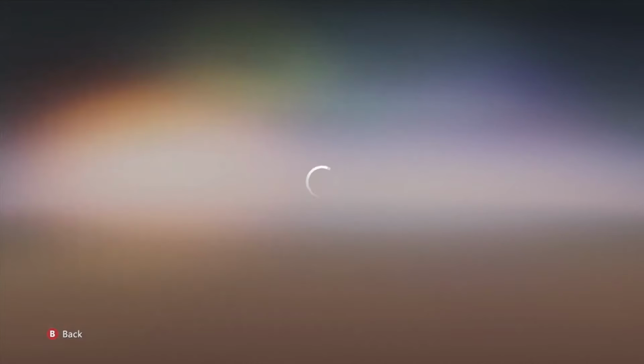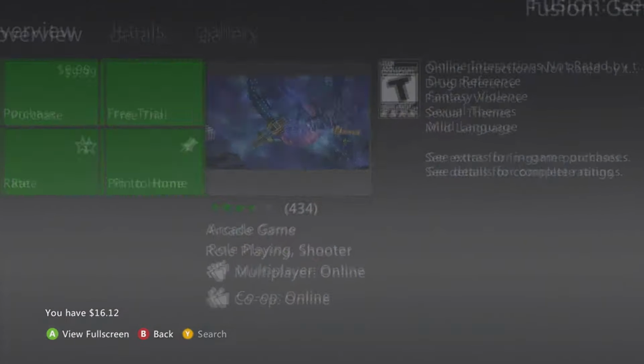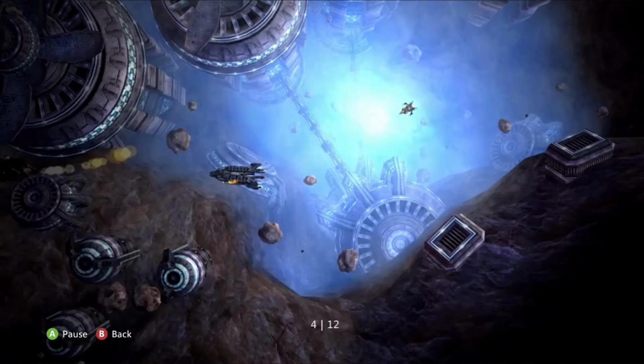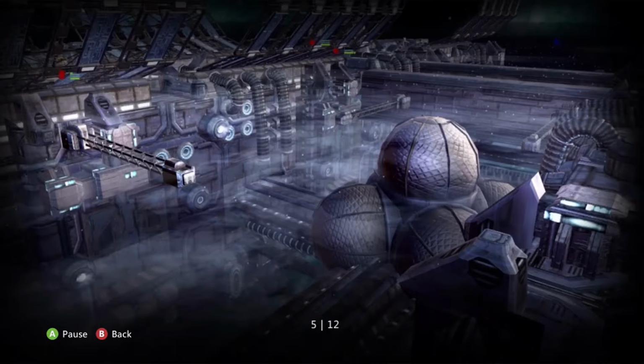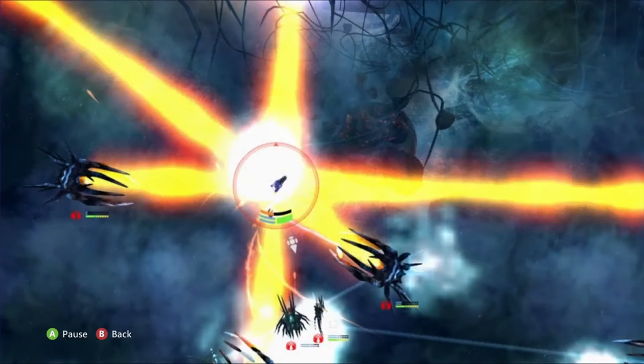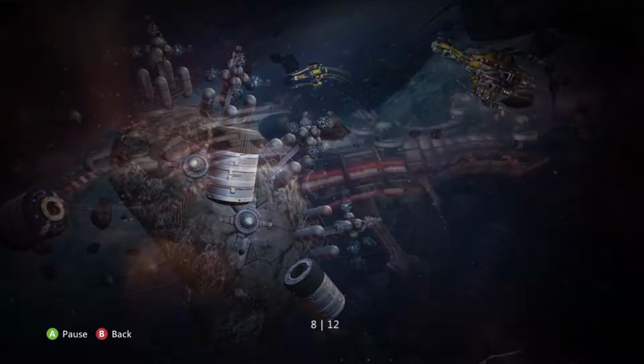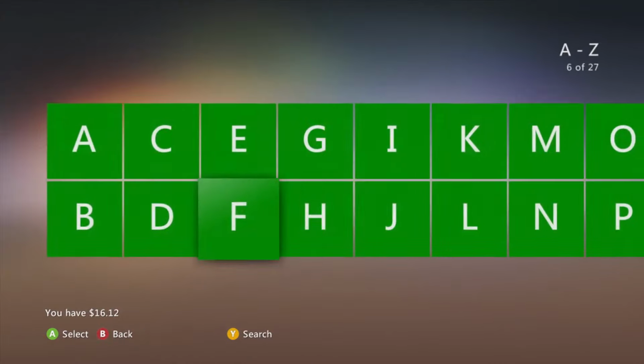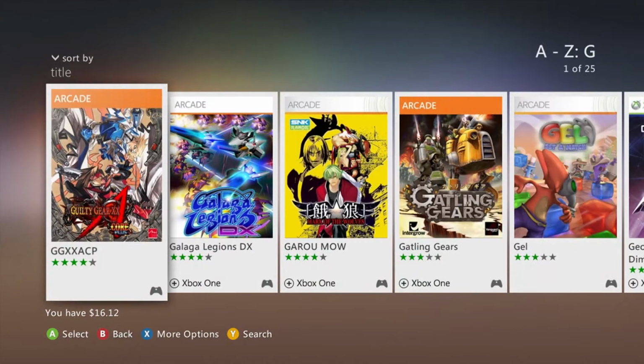Fusion Genesis, what is this? I'm up for some good space battles, preferably if they're shmups. It's hard to get a complete grasp of what you're getting into with some of these screenshots, but I'll take their word for it that it's pretty good. But yeah, $9.99. A lot of games tend to be like $10 or so, $10-15. You don't find too many cheaper than that, it seems. Guilty Gear